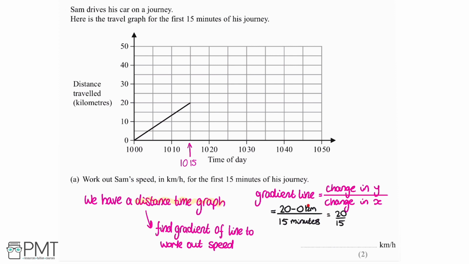However, we've got kilometres and minutes. So the units here are kilometres per minute rather than kilometres an hour. We want kilometres per hour. So to do that, we're going to multiply by 60. So that gives us 20 over 15 multiplied by 60, which gives us 80 kilometres an hour, which is the final answer. So we get 1 mark here for our method, and 1 mark here for the correct answer of 80 kilometres